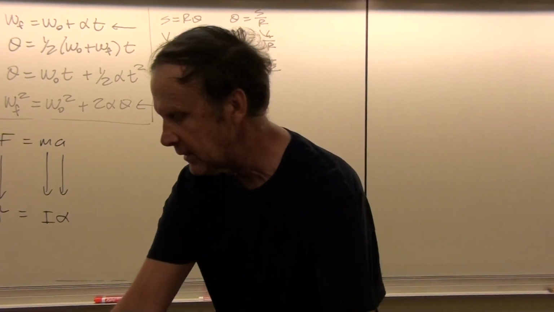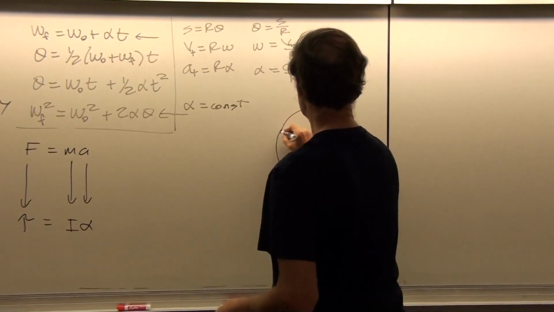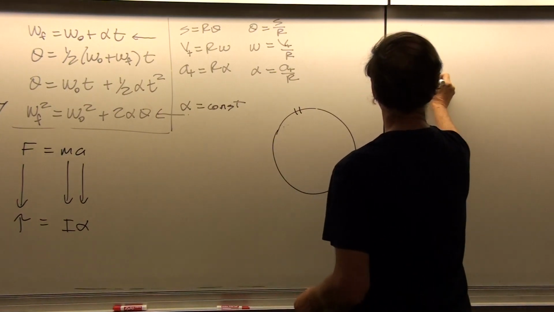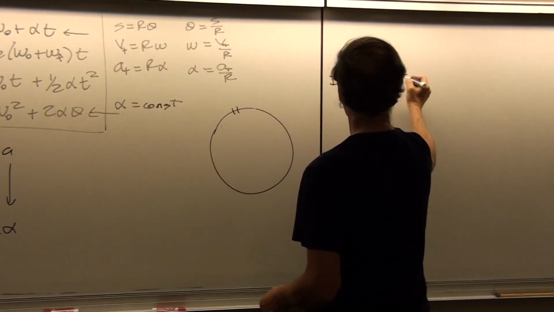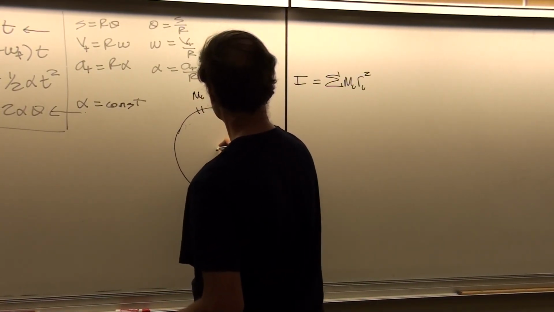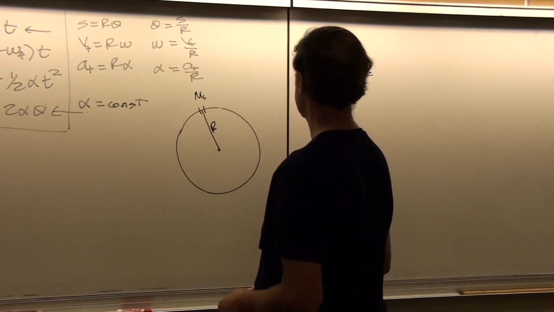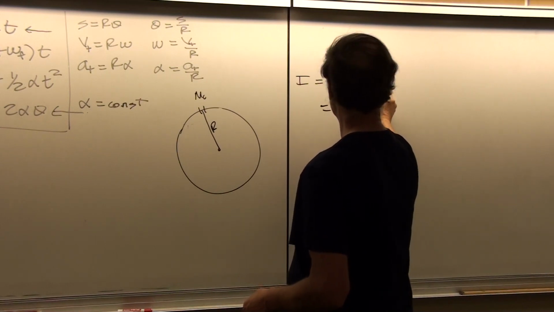Now that ring is going to be a sum of all of these different mass elements if we want to look at the moment of inertia. That would be the sum again of m sub i r sub i squared. But all of the m sub i's are the same distance away from the center. And so what we could do here then is we can just bring out the r as being constant.